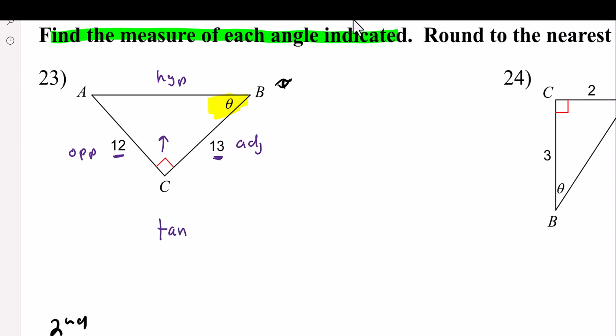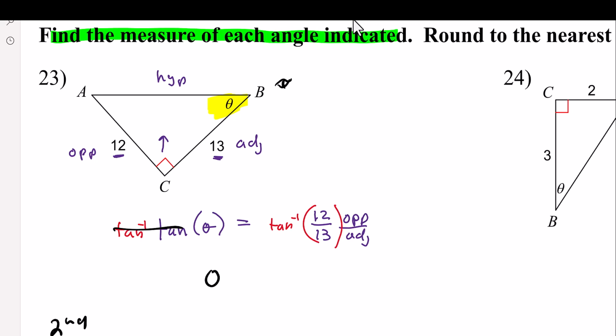That would be tangent. So tangent of that theta, I'm going to leave some room, is 12 opposite over adjacent. Well, to get theta by itself, we're going to take the arc tangent of both sides, and that will leave theta. So the measure of angle theta is second tangent 12 divide 13,